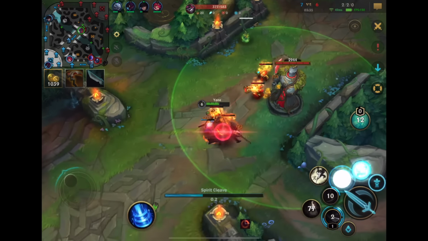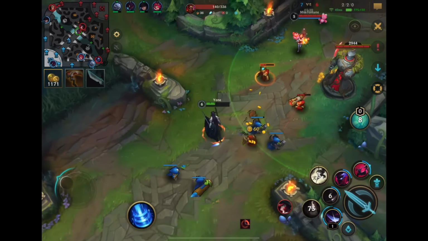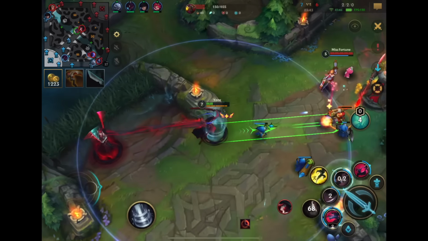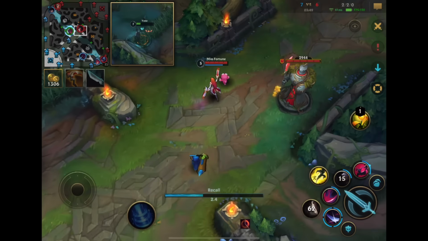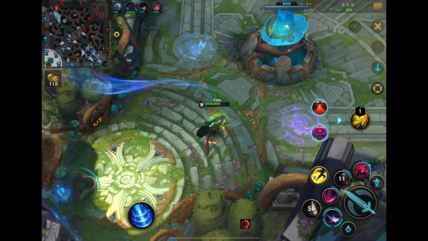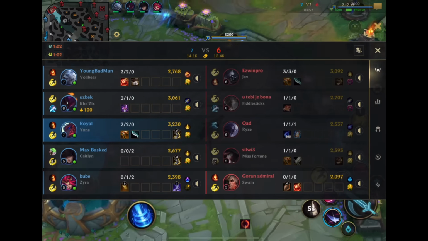Ryze is gonna miss quite a few minions here. Maybe I can look for a play too if he doesn't come. Oh, what misfortune is here? What is going on? I'm just gonna get the cannon and back off. I guess pretty good rotate from Misfortune to actually get that mid lane wave. Surprisingly good macro from the EU server. Because otherwise they would just miss an entire wave, but...